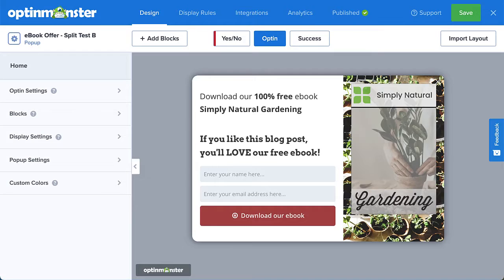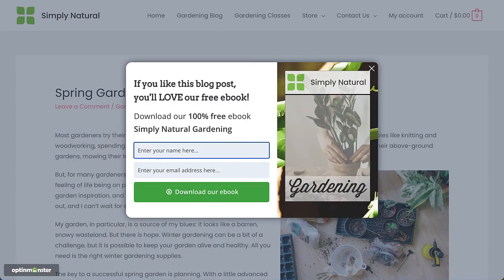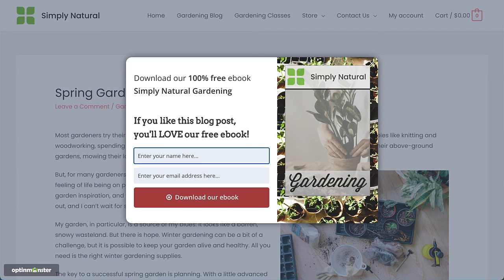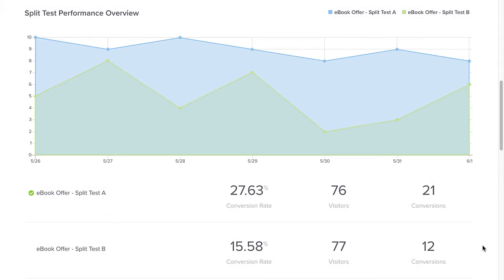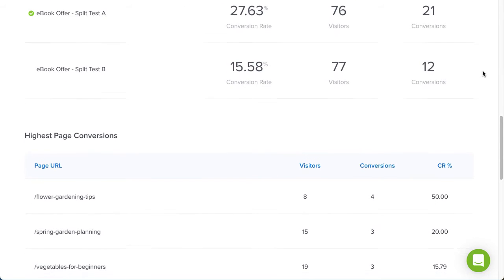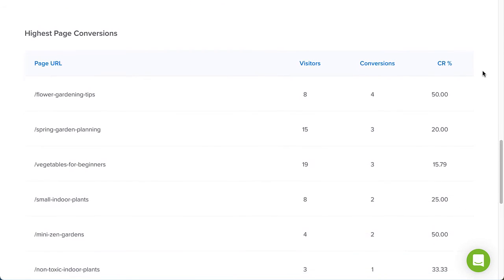Once you've created a split test, you can rest assured that OptinMonster takes care of the rest. It will randomly show each campaign variation to your visitors until you determine there's a clear winner. Whether you're a beginner or seasoned pro, you'll find it easy to analyze the conversion stats. Our conversion analytics provide you with detailed insights into your campaign's impressions, conversions, and the web pages that give you